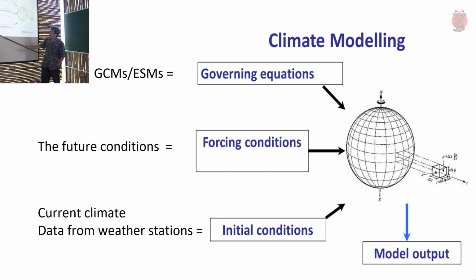Okay, next. You then have your initial starting conditions, and this is based on data from weather stations. So real data that's been collected by the Meteorological Department of Malaysia and everyone else. It goes into a global data set. We then have the future conditions, and this is that relative forcing, okay?